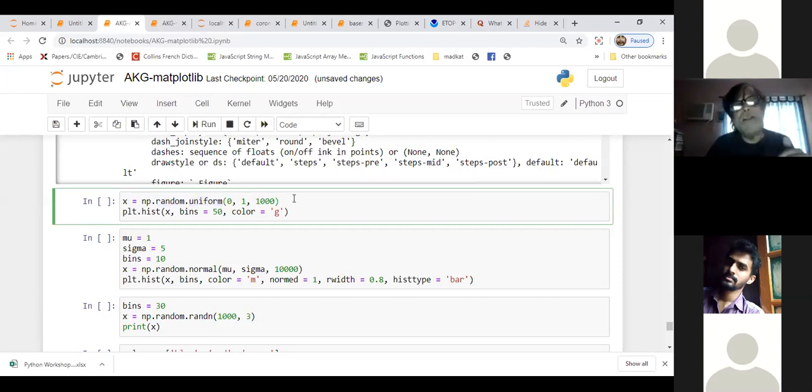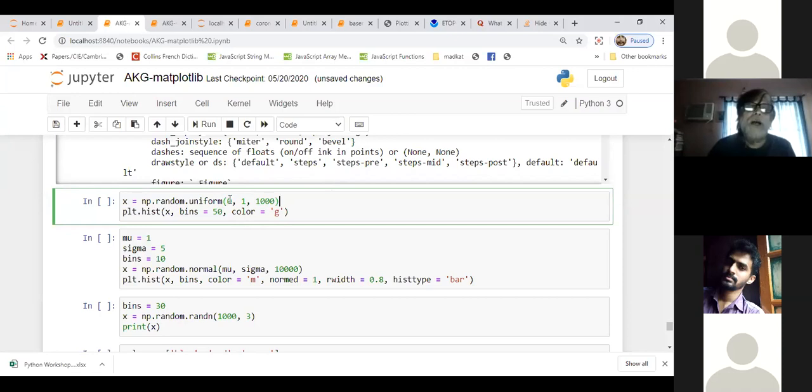That means it will create numbers whose probability distribution will be uniform, like Ludo. You throw a die, and the probability of getting 1, 2, 3, 4, 5, 6 is the same, 1 by 6. You toss a coin, the probability of getting head or tail is equal, half. So that way you create a random number between 0 and 1, say 0.2, 0.5, 0.39, whatever. And for the occurrence of each number, the probability is uniform.